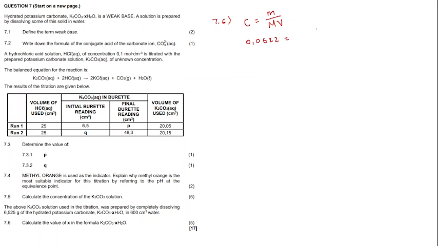We have the mass being 6.525. We want to calculate the molar mass, and we have our volume being 0.6 as it's in centimeters cubed, and we want to convert to decimeters cubed. If we then rearrange and solve for the molar mass, we get the molar mass to be equal to 174.84 grams per mole. And this is the molar mass of the